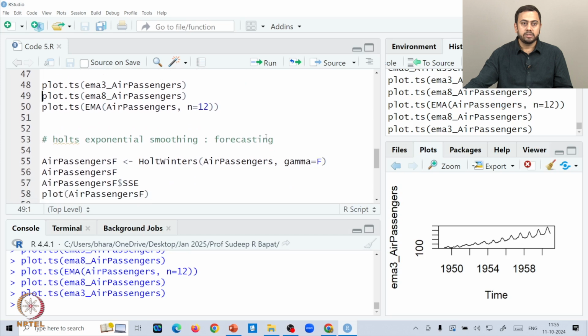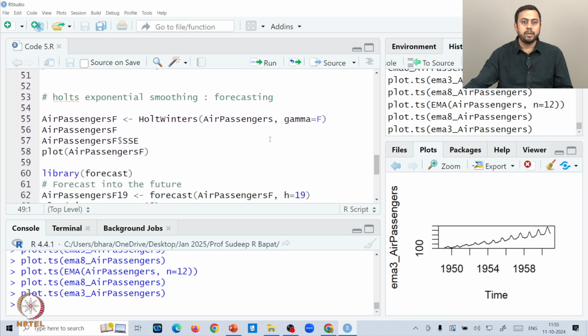Okay, so now we're almost there. The next thing we'll do is apply the Holt's technique. Holt's exponential smoothing is also called double exponential smoothing. If you remember, we discussed in the last lecture that to implement this in R, you have a common command called Holt-Winters. Inside this Holt-Winters command itself, you can specify whether you want a Holt's technique or a Holt-Winters approach.